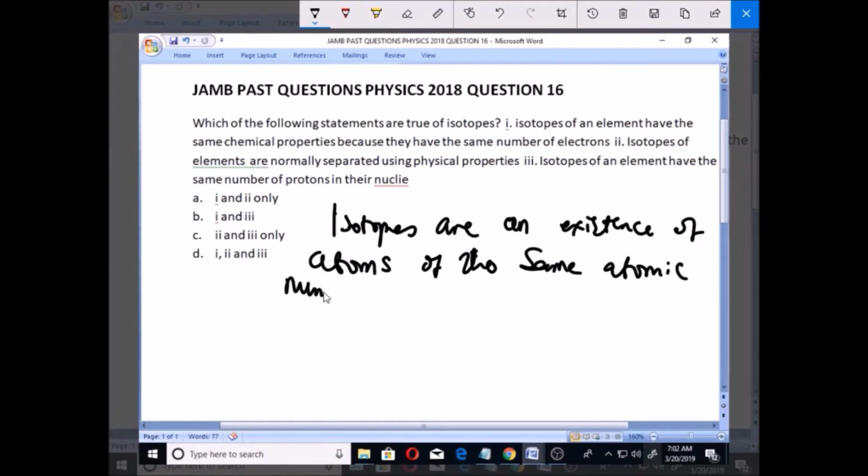Atoms of the same atomic number. And whenever you hear the term atomic number, it simply means the number of protons. Atomic number simply means proton number is the same. So when there is this existence of atoms of the same atomic number and the same properties,